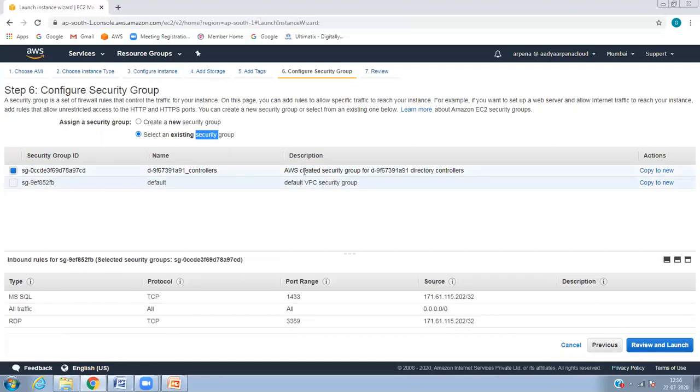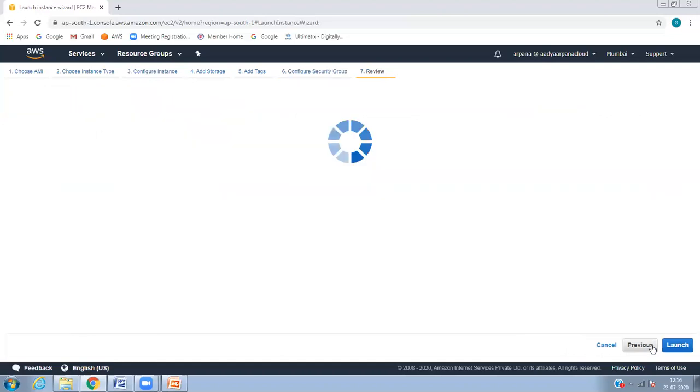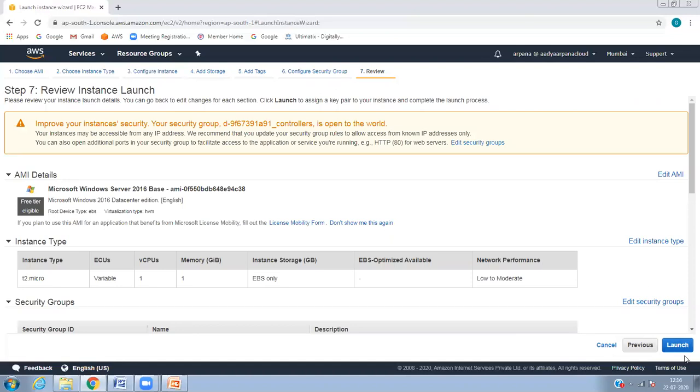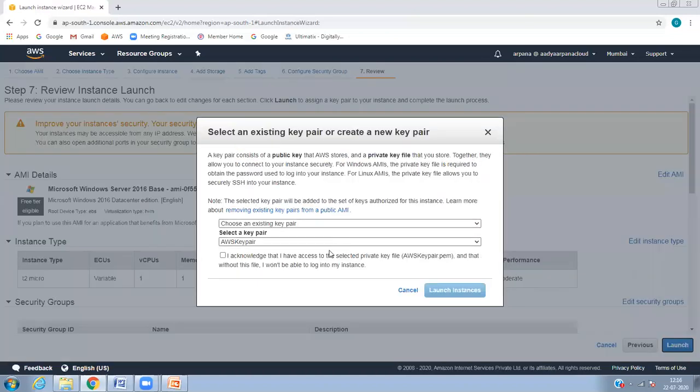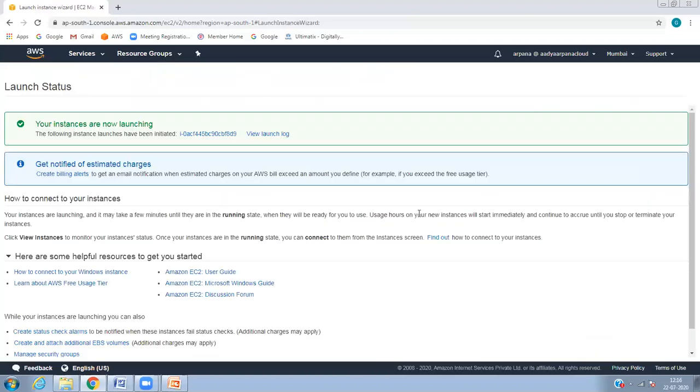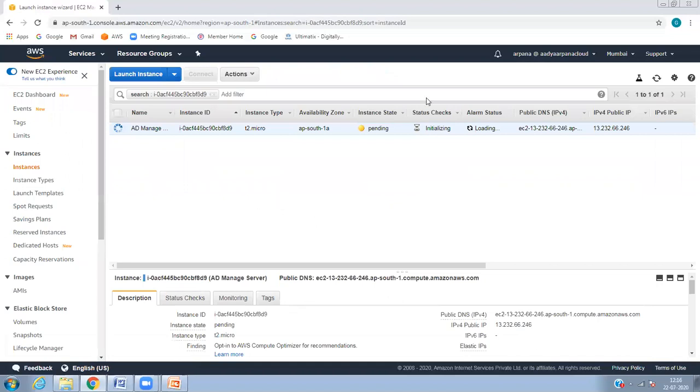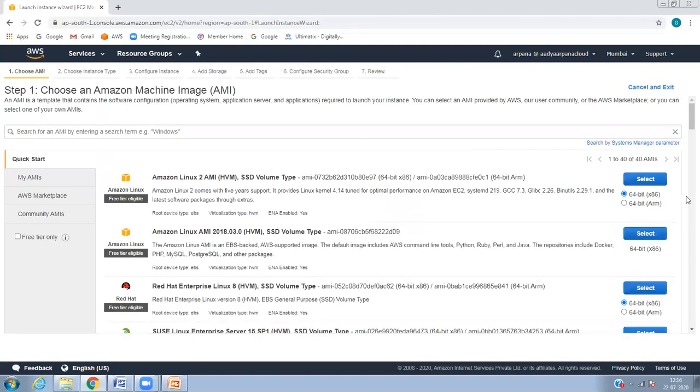So this is like AWS created for the directory controllers. We can just launch that. Okay, and launch it, and I'm going to use the key pair which is already there. So this is my AD managed server, and meantime we can launch another server.